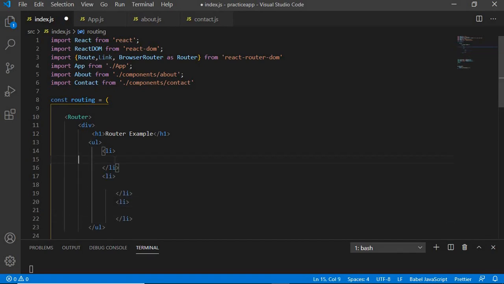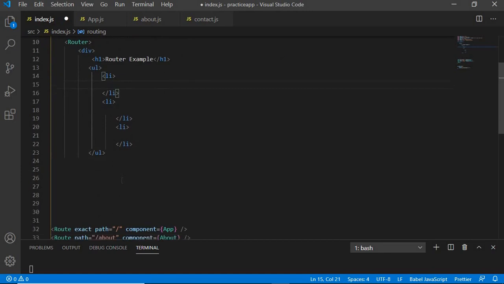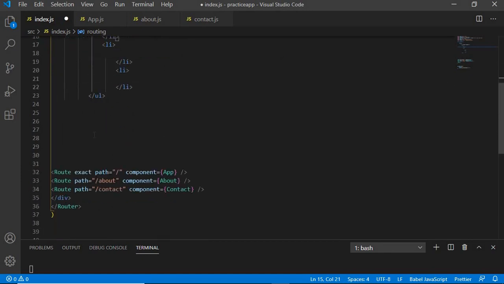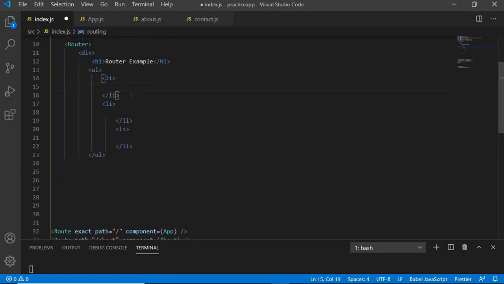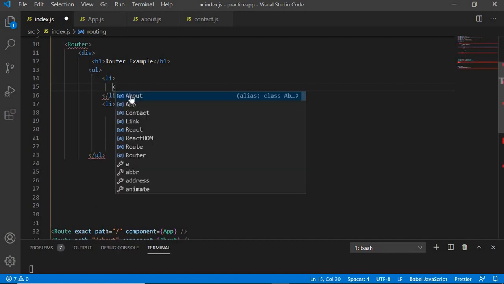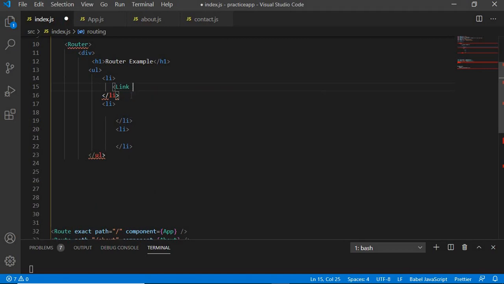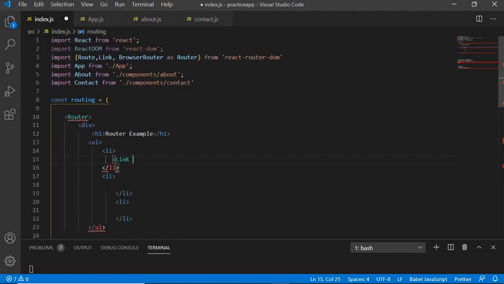Now right inside of this, I am going to start putting everything. So go down here, you should see this right outside of UL. So now inside of the LI tag, the HTML tag, what I want you to do is open a tag and say link. So we're using the link component. You will see that this has lightened up now. We'll be using link to the home page,